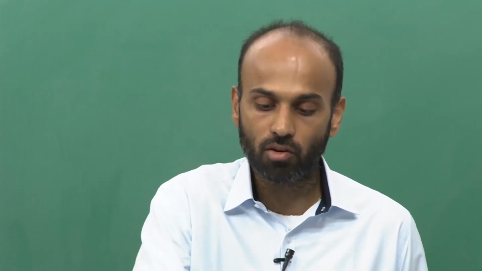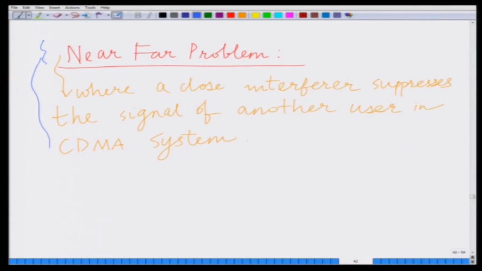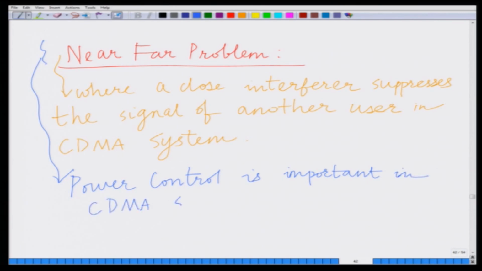leads to a disruption in communication, and therefore, in this context it is very important to control the power of the various users in the CDMA system. Therefore, what this means is it is important to power control. Power control is a very important aspect of CDMA systems, so that the users who are close to the base